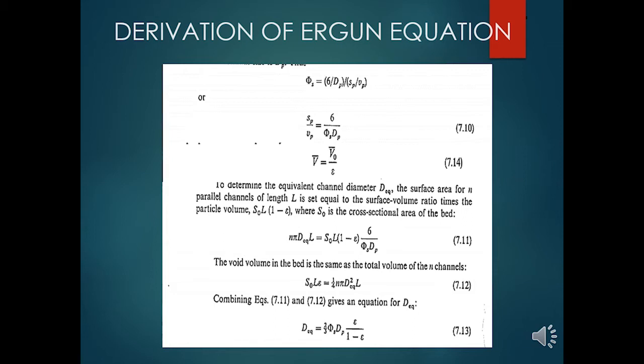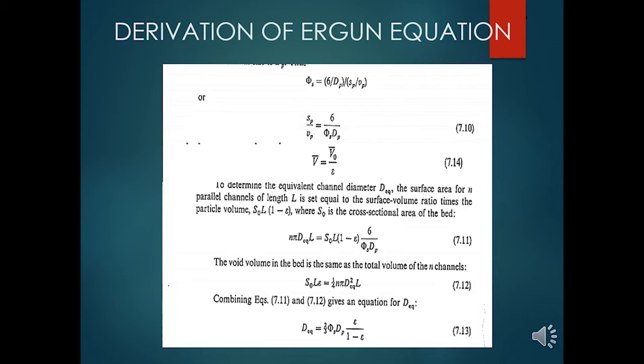So for n channels, the total surface area would be n into pi into d equivalent into length. That is set equal to the surface area of the bed, which can be given by the surface volume ratio. So total surface area by volume, which we have derived in the first step, into the total volume of the